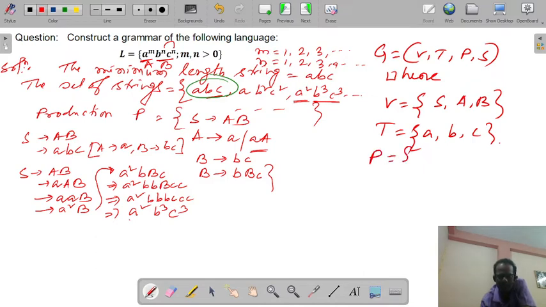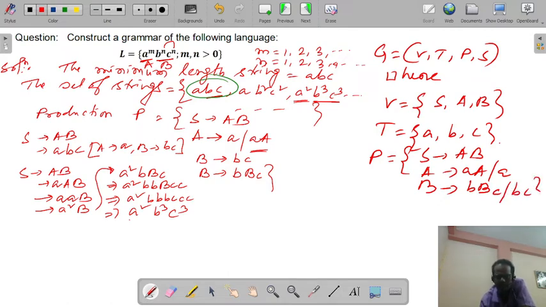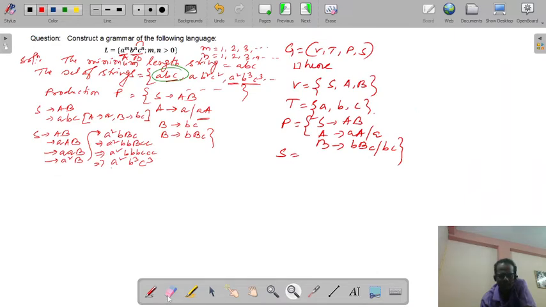The production set P is: S implies capital A, capital B. A implies small a, capital A or a. B implies small b, capital B, small c or bc. This will be the production set. Next, the starting symbol or variable will be S, because S is the starting symbol of the production. So this will be the grammar corresponding to this language.